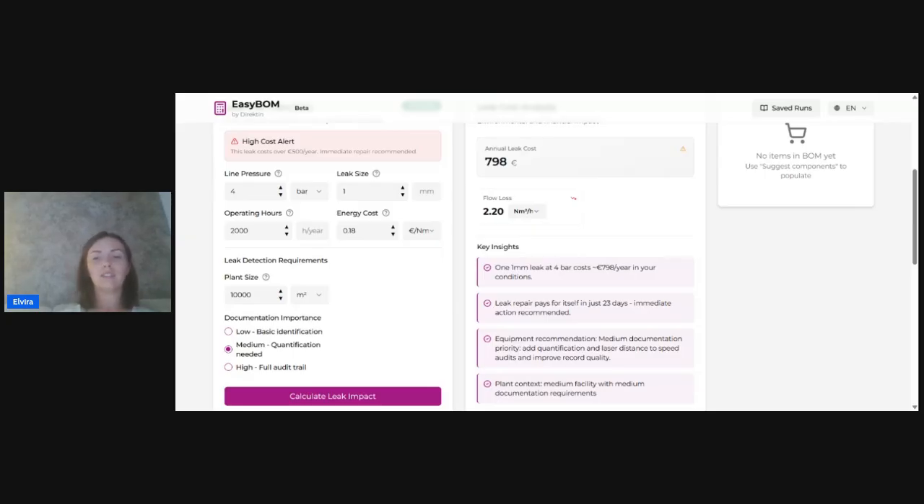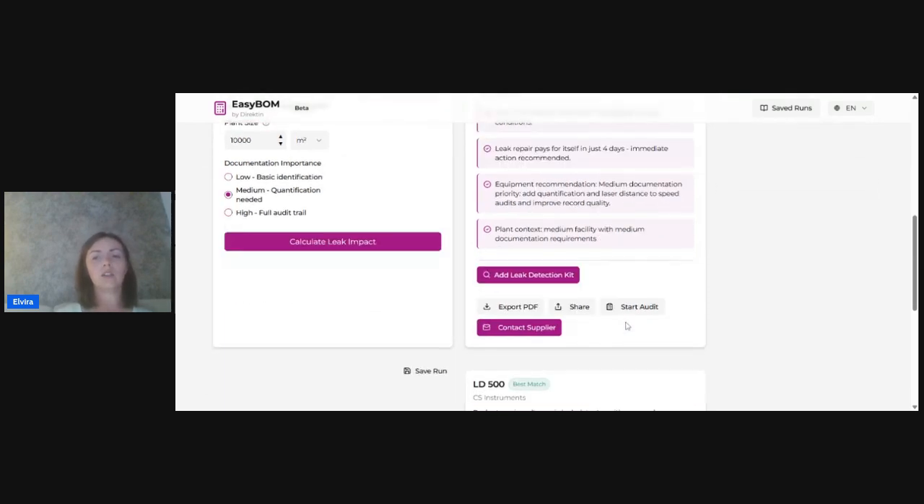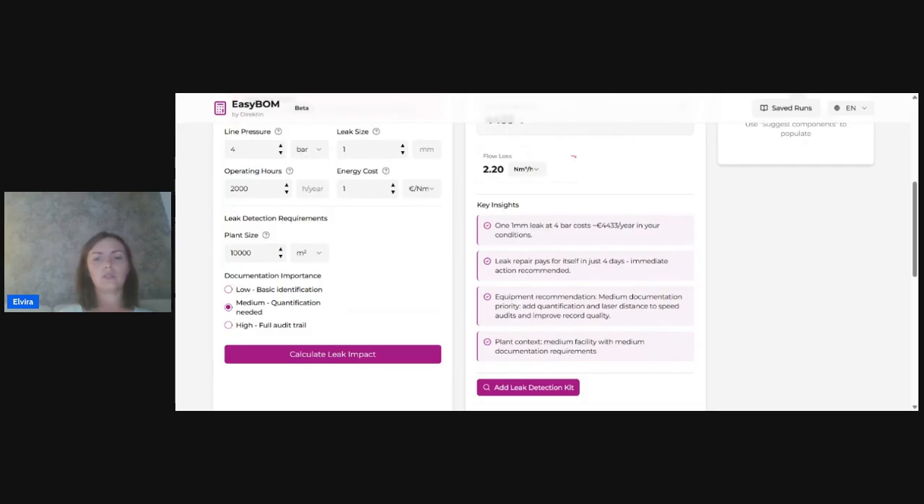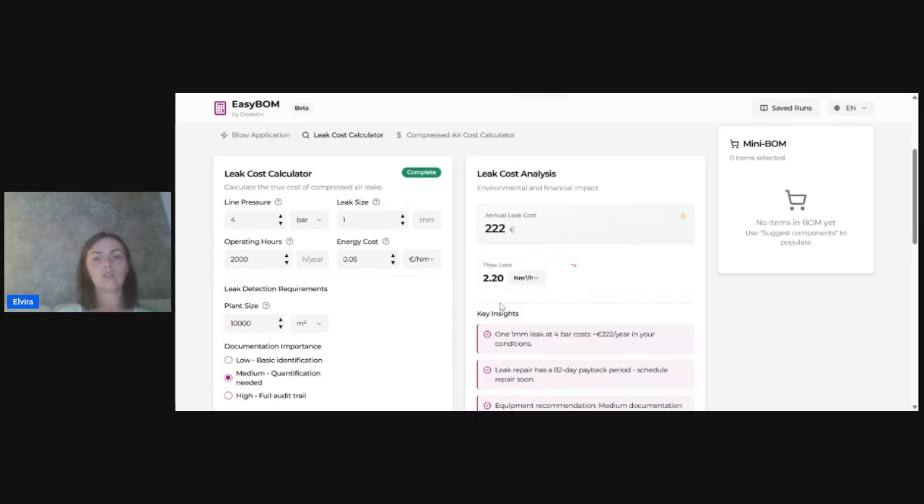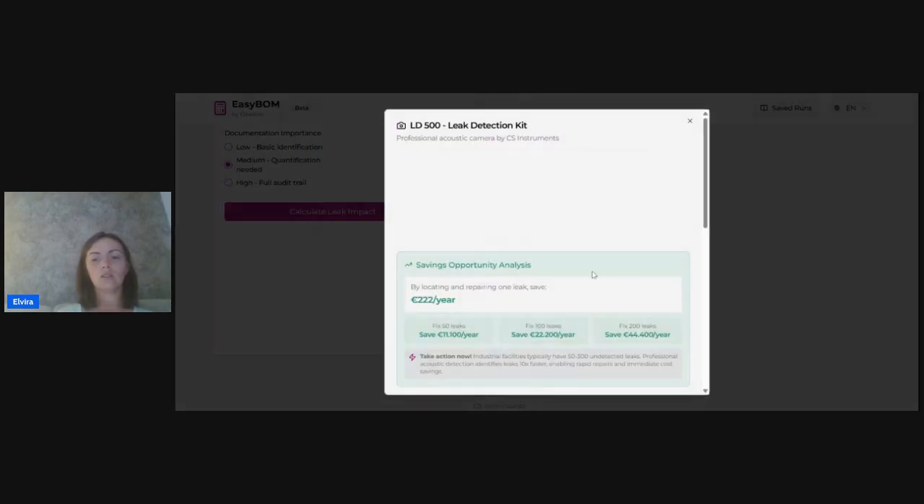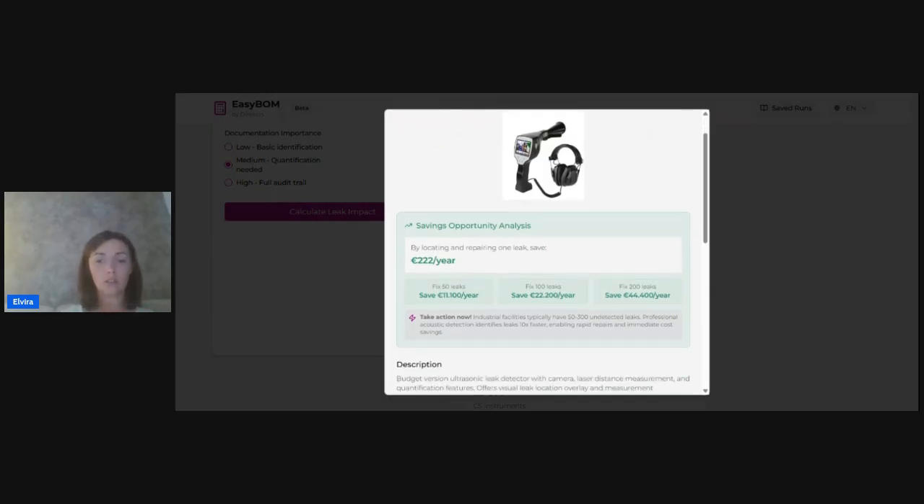Of course, it's not a leak detection tool, it's just for understanding how the sizes can also calculate, how operating hours can calculate energy cost, and so on. So here the energy cost is of course the compressed air cost that you calculated before. So once we calculate it, you have certain suggestions, for example, that only one leak will cost this